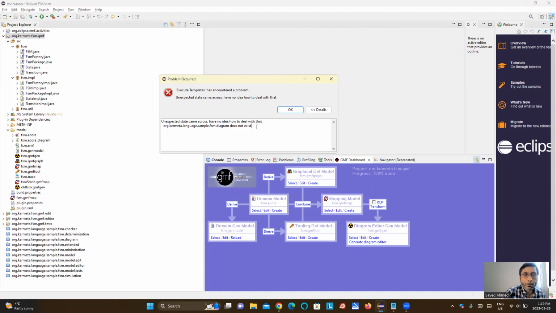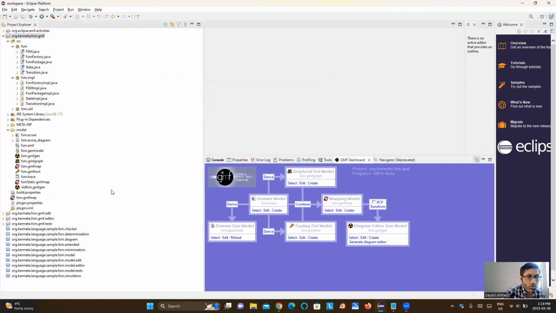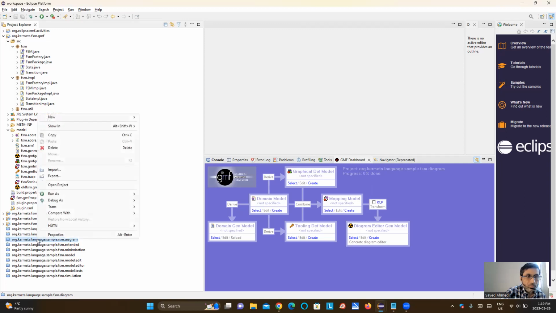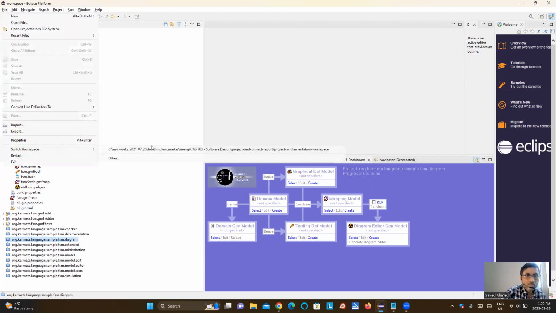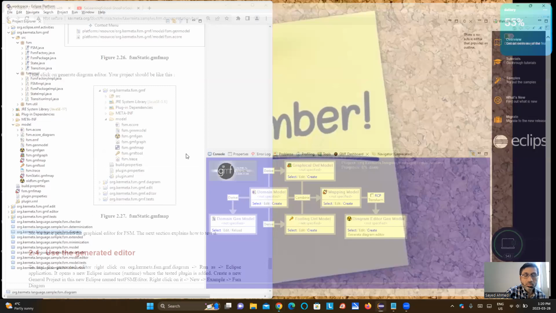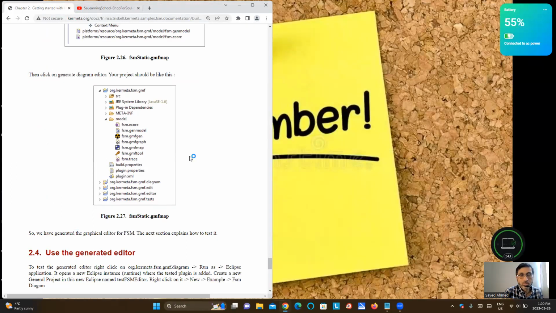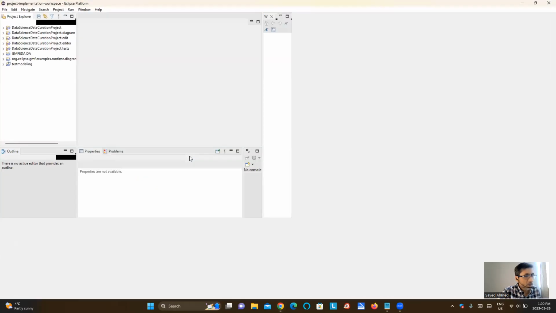I'm not using the language thing, so let me see what I can do. I can go there and create a copy and delete it. I'll go to the workspace location and remove those and then come back and see why it will be looking for